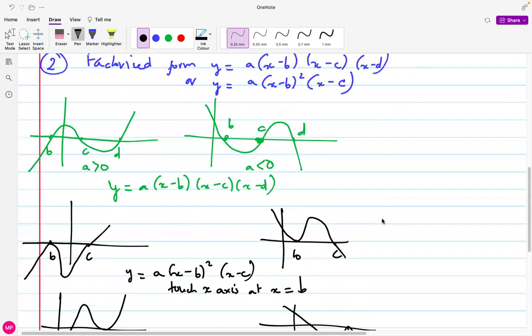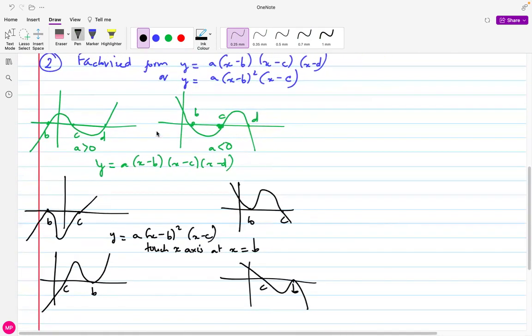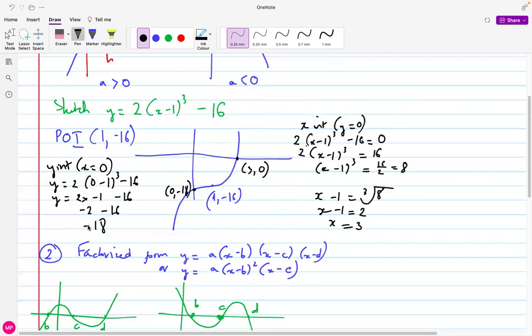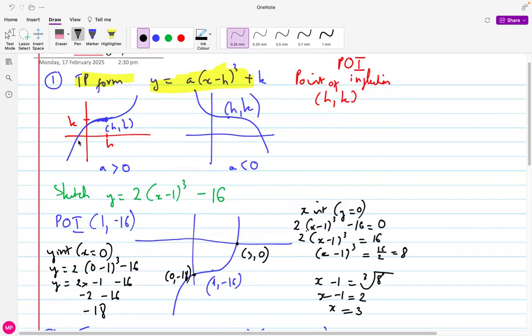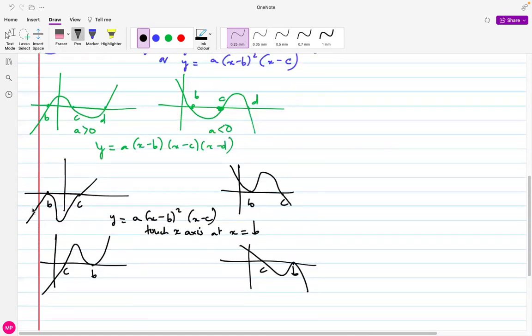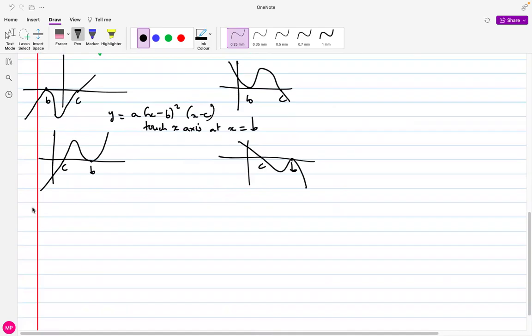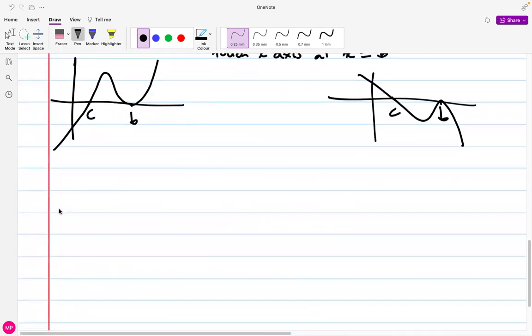So you can see overall factorized form has either 3 x-intercepts or 2 x-intercepts or 1 x-intercept, if we go back to the turning point form. Okay. Now number 3 is